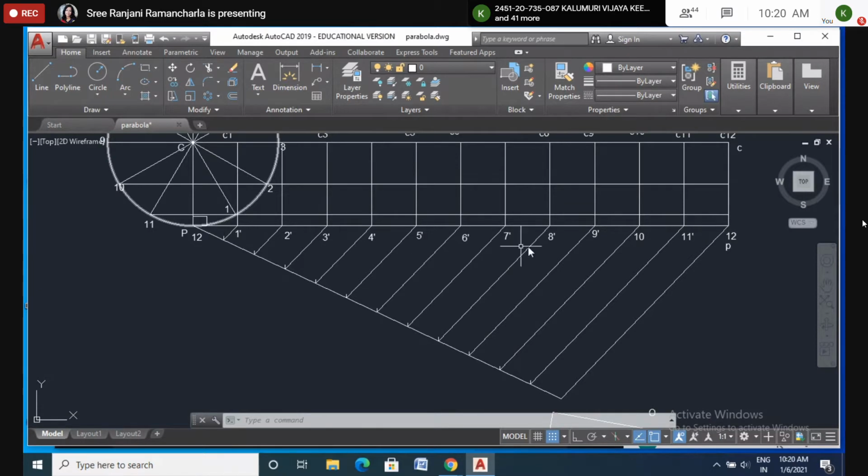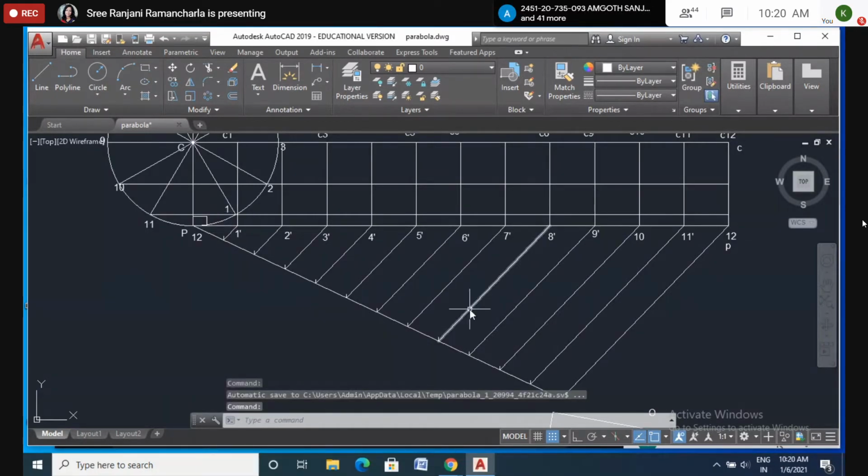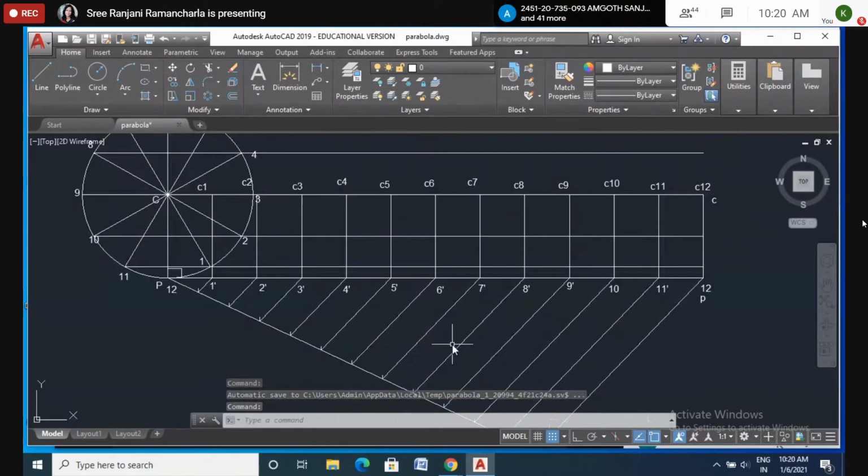This is the method of dividing any length of line into equal parts. So draw all parallel lines. When you measure, these are all equal to each other, and each is also equal to the length of one curve here, which we divided into 12 parts. Okay, is it clear now? Are you all doing it?